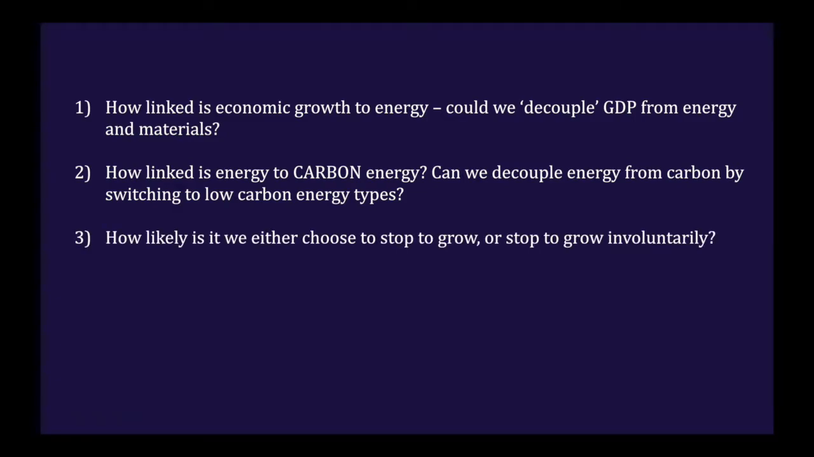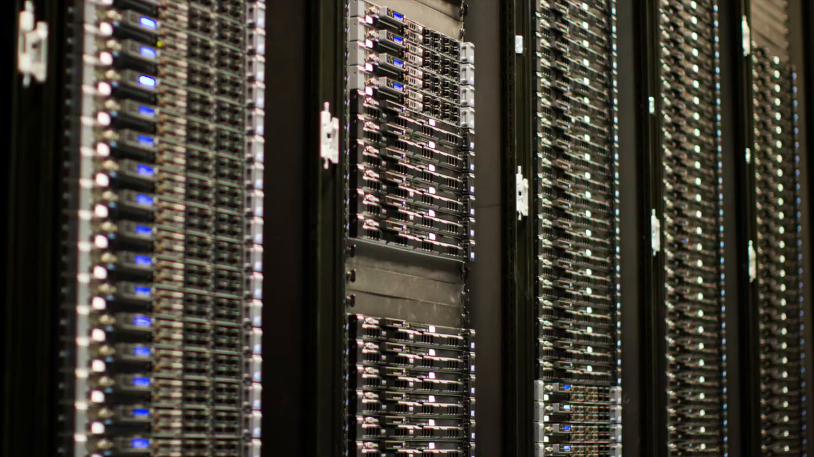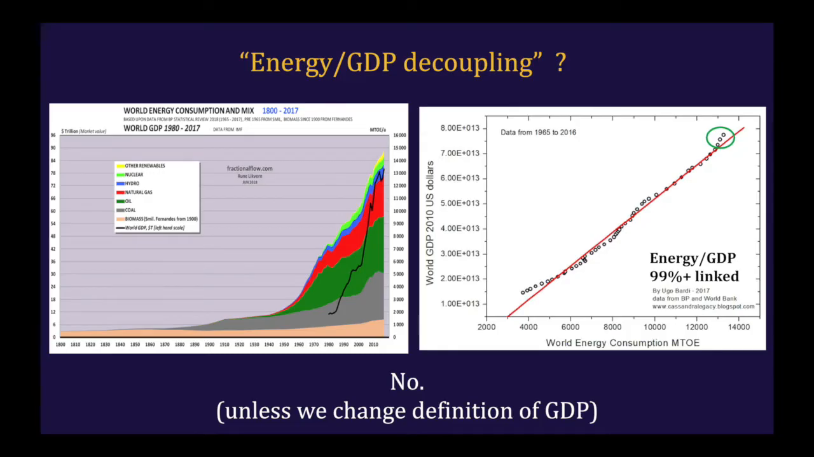Number three, how likely is it we either choose to stop to grow or stop to grow involuntarily? Well, at least so far, global human economic growth is over 99% correlated with more energy use. Even the cloud is an energy hog. Currently, around 18% of our total electricity goes to powering servers, internet farms, laptops, and phones. So unless we change the definition of GDP, we're not likely to reduce the energy intensity much of the global